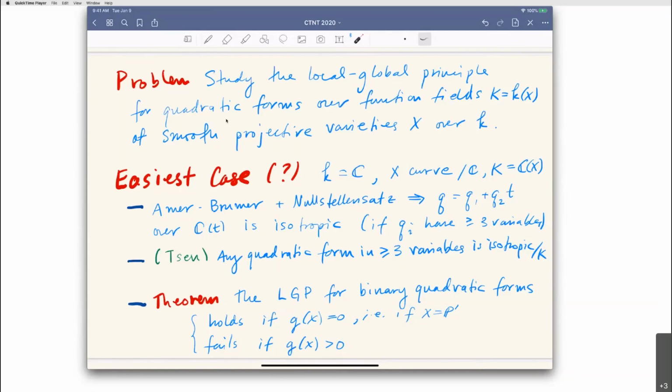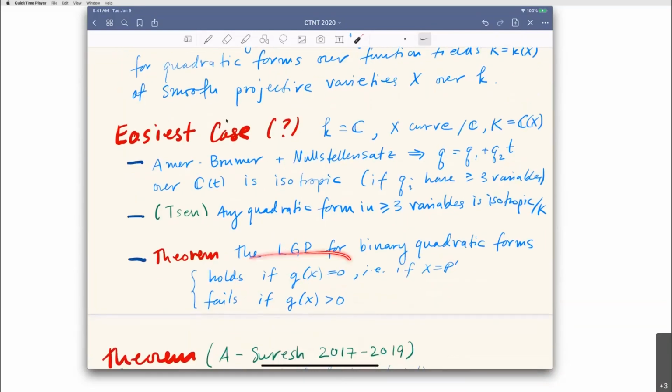And I want to get back to why it is that there's a failure of the local-global principle for binary forms in higher genus. I'll say right away that for genus 0, you can prove this quite handily using a Milnor exact sequence for quadratic forms, for the Witt group of rational function fields, and this somehow shows this, at least in part. But I can tell you a more satisfactory explanation for this in a second.